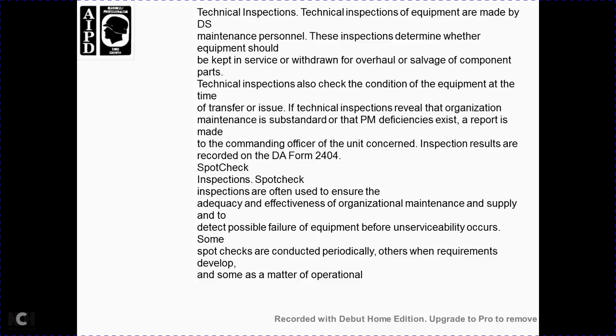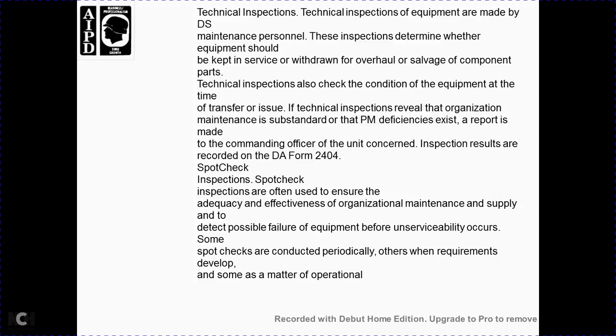Technical inspections of the equipment are made with the direct support and maintenance personnel to determine whether the equipment should be kept or withdrawn, with the overall storage of the component parts. Technical inspections check for the condition of the equipment at the time of transfer or issue. Technical inspections reveal the organization's substandard preventive maintenance efficiency. This report is made for the commanding officer, who is concerned with the inspection results recorded in the